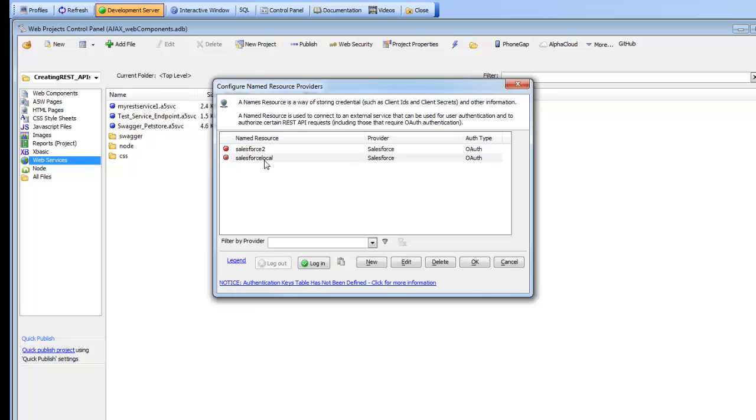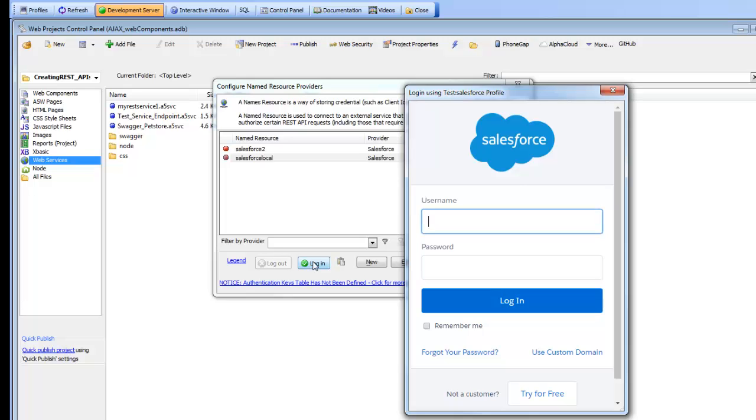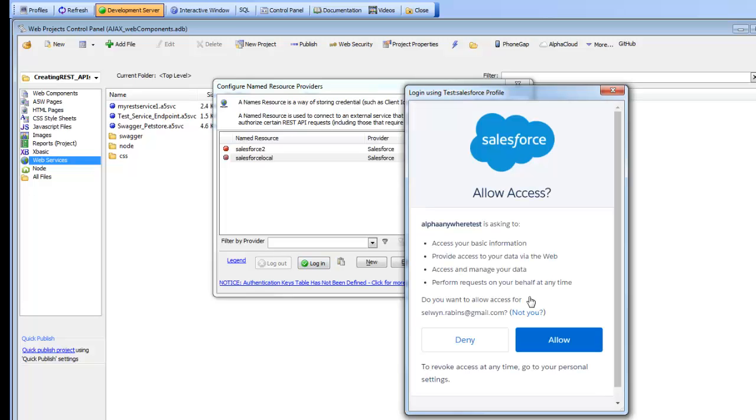So I'm going to go here and click on one of these named resources and then click on the login button. So that's now going to basically open up the Salesforce login page where I can log into my Salesforce account. And then I'll just type in my password here. Click the login button. And now Salesforce basically asks me to approve access to my account,